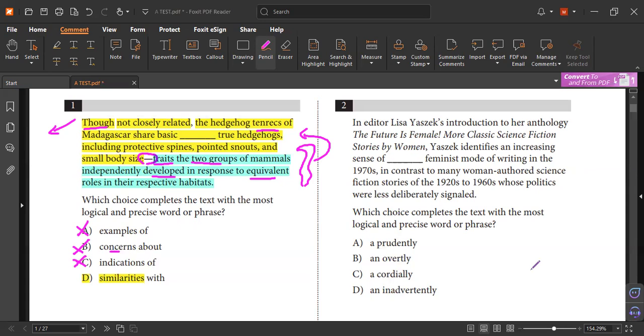Increasing sense of. Honestly, all the vocabulary in this question is new to me. So,